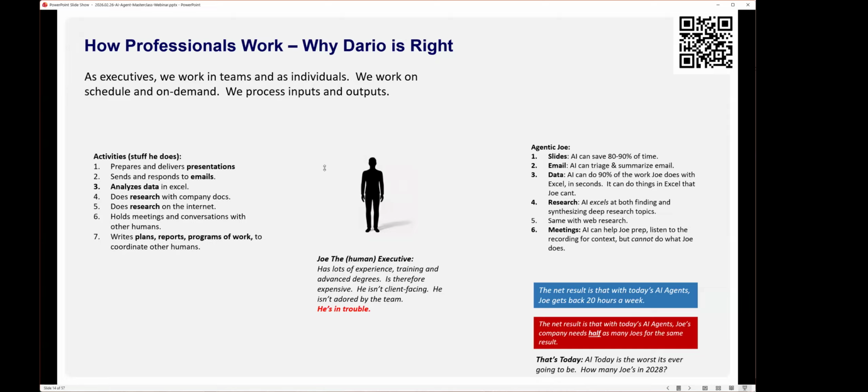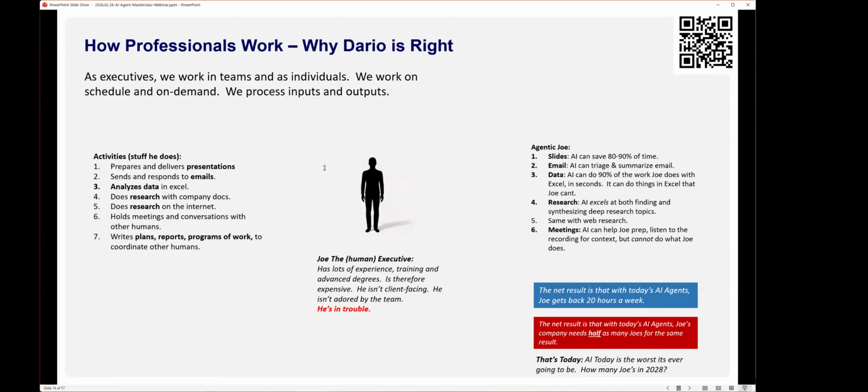Pretty much from every knowledge work category, you can dissect those jobs and break them down into their constituent parts, and they nearly always involve computers these days, right? So in this case, and this is modeled on a junior partner at a consulting firm, spends a lot of time building presentations, sending and responding to emails, analyzing data in Excel, doing research with internal company documents, doing research on the internet, holding meetings with other humans, and then planning and writing plans and programs of work